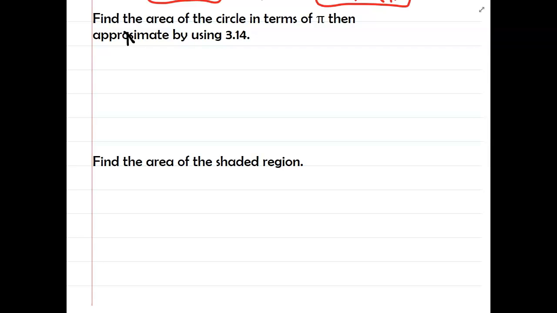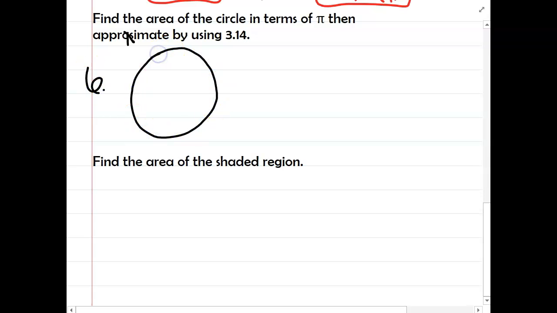When you get to your homework, this is actually going to be in 2 sections. Some of the problems are going to say, find the area in terms of pi. And then the next set of problems is going to say, approximate the area using 3.14, but I'm going to combine them all in one, okay? So let's say we've got this circle. Okay, and I'm going to give us a kind of a tricky one because you're going to have one of